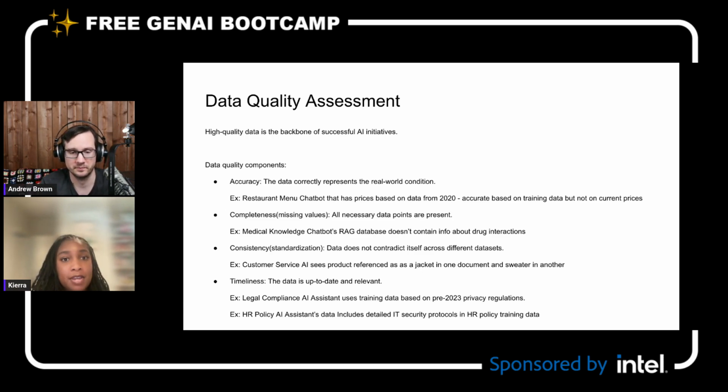But basically, what that means is all necessary data points are present, especially ones that are relevant to whatever it is that you're trying to solve. So let's say that you have a medical knowledge chatbot connected to a RAG or a vector database, and it contains information about a lot of different drugs, the chemicals in it, what it's used for, but it doesn't contain anything about drug interactions, such as how often you need to take it, or maybe